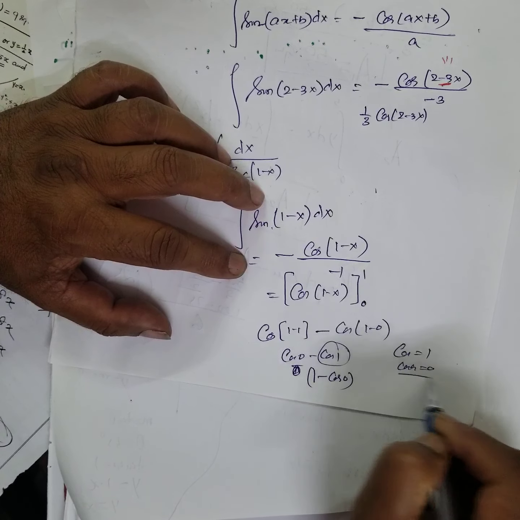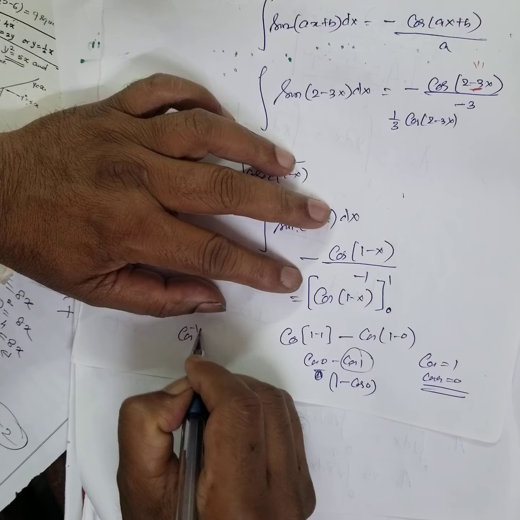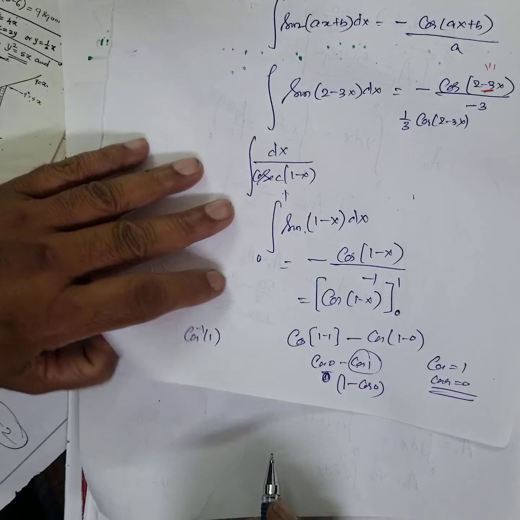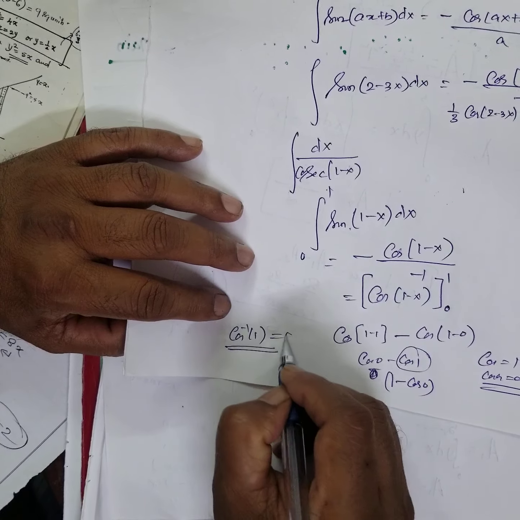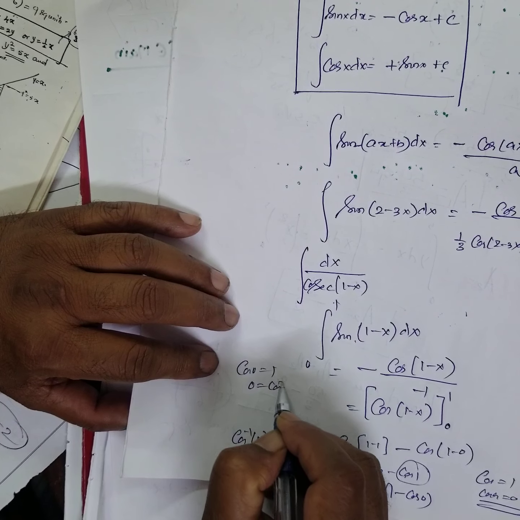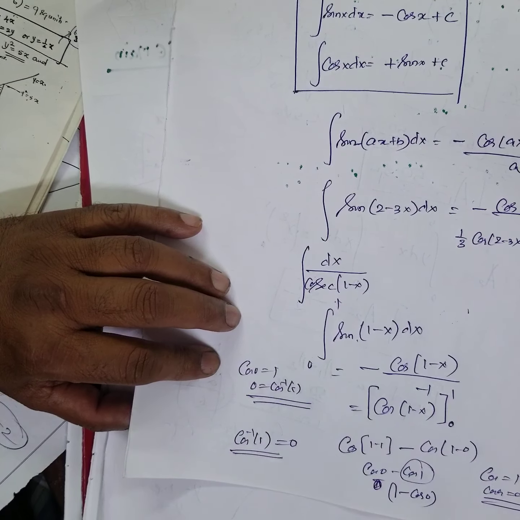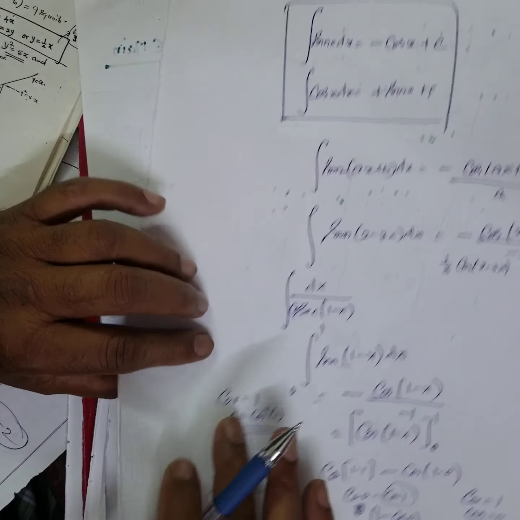Cos 90 is 0. But there is no such thing as cos 1 as an angle value to simplify. But cos inverse 1, what is cos inverse 1? See, again, this is the problem. Cos inverse 1 is 0, because cos 0 is equal to 1. Therefore, 0 is equal to cos inverse 1. You have to be very, very careful with the sums. It looks simple, but we cannot do it carelessly.